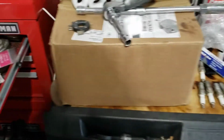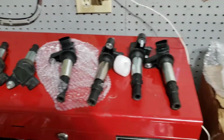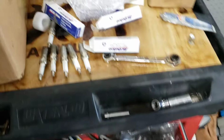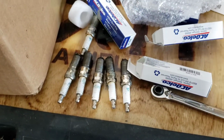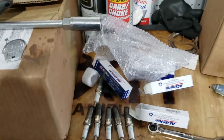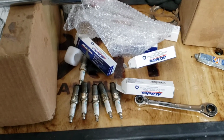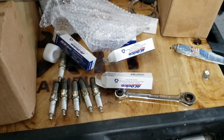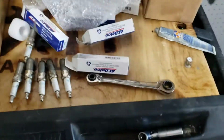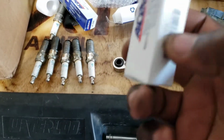All right, guys. I'm in the midst of fixing the little issue, and it's more personal than anything else. I changed out my spark plug coils for some new ones, and I'll show you those in a sec. But I changed out these nitro plugs. They were not running very well, and I mentioned in my video that sometimes certain cars require certain spark plugs to perform at peak performance, and this car has that. So I had to get rid of these nitro plugs, and I replaced them with these